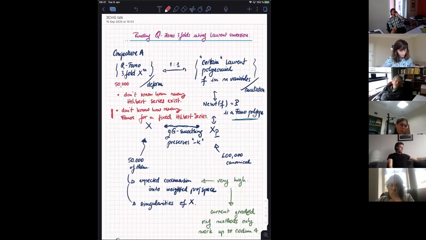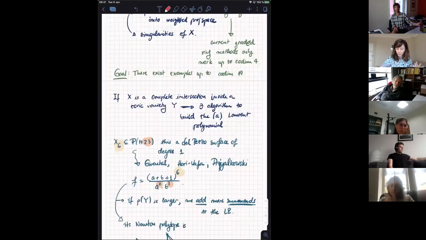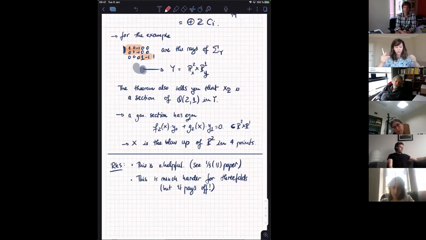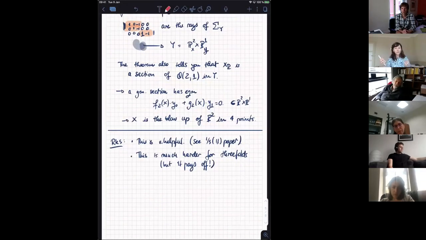So the difference between what we're doing for surfaces and what we're doing for threefolds is basically the fact that now the deformation space can be obstructed and there can be various components of various dimensions, and we don't really know where to go. Okay, so something else I would like to say is that, sorry,